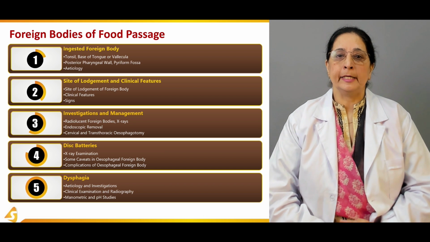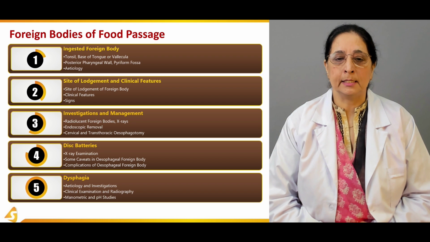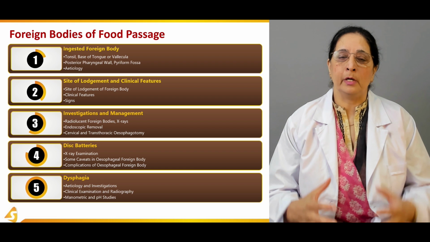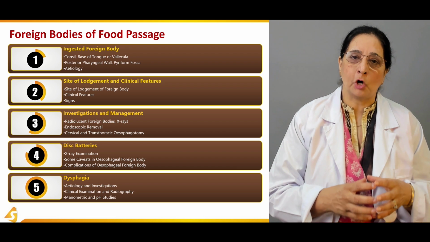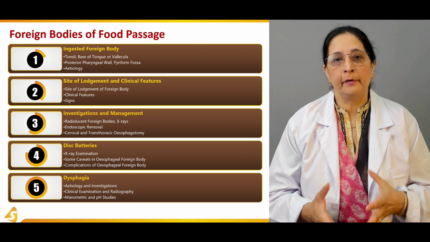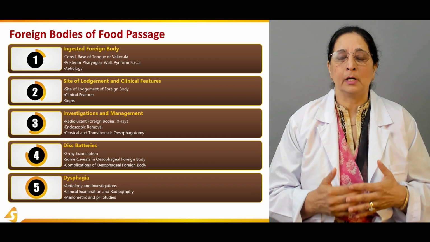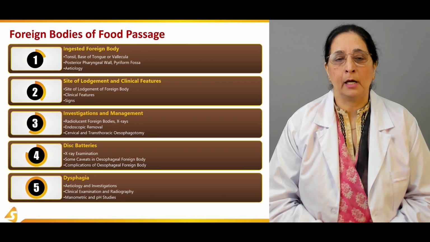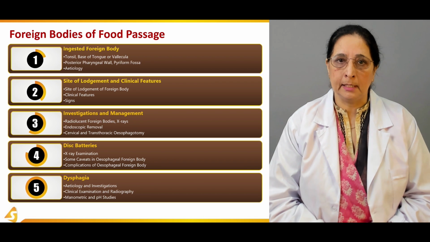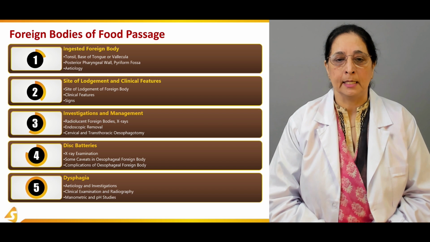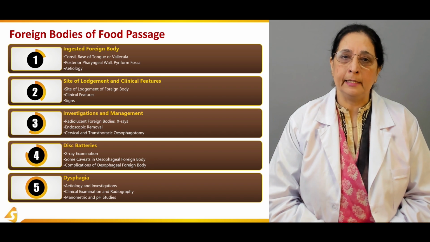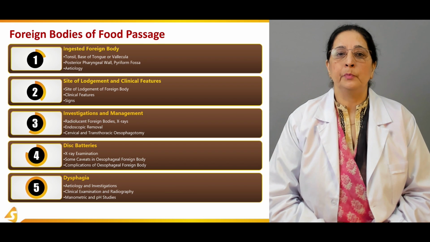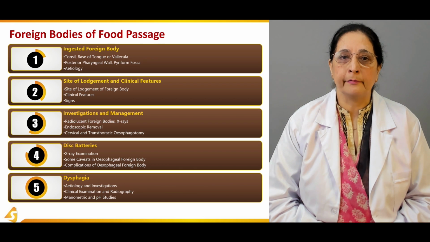Then in the second section, we will talk about the site of lodgement and how they present. So if it lodged in the tonsil or posterior pharyngeal wall, what are the clinical features that the patient will have and how the patient will present with these foreign bodies. So we will talk about the clinical features and the signs of the lodgement of the foreign body in different